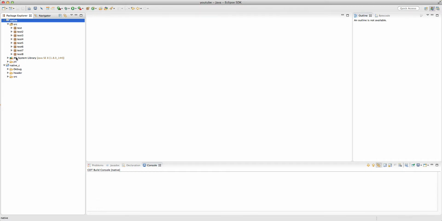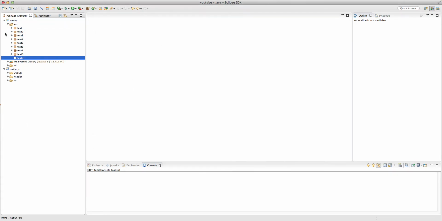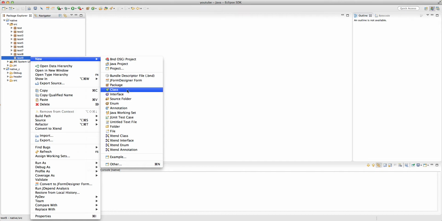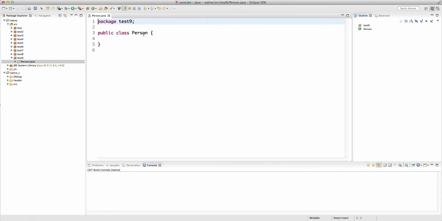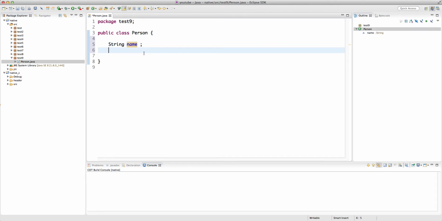So in my Java perspective, let's create a new package. So new package, let's call this test9, and in the test9 I'm going to create our person class, and let's have a string name, and these have default level access, so package level access. I can make them private, and again, it doesn't matter. In C++ it can directly access the meta space in the memory, without any extra checks about security. And then int age,